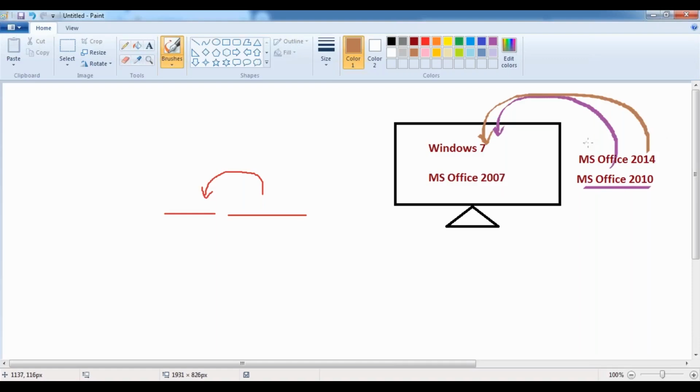Like that, every year Microsoft is introducing the latest version of MS Office with some latest enhancements. If you want these latest features, every year we have to make the investment, buy the license of that software, and upgrade. That means we keep on upgrading. In order to get the latest features, we purchase the latest version of the license and upgrade it on our local device. We need to keep on upgrading this.